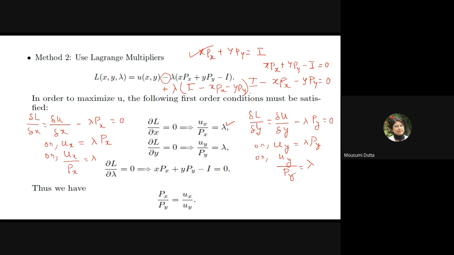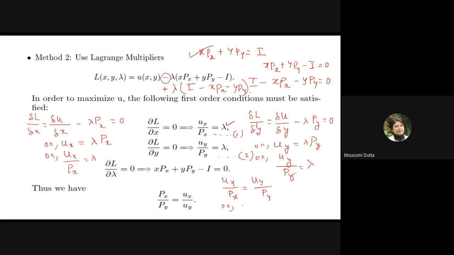Okay. Now, if I consider these two equations, if I consider these as equation 1 and this as equation 2, from 1 and 2, we get ux by px is equal to uy by py,